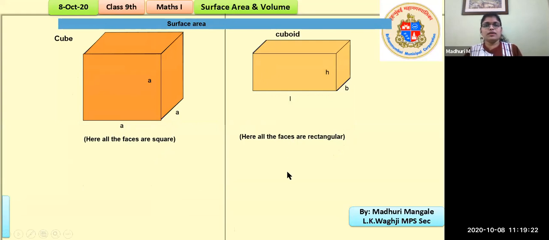And then we look at the difference between a cube and a cuboid. If you look at the cube, all the dimensions, by the word dimension, it means the measures of the length, breadth, and height. So for a cuboid, all 3 are of different measures, right? And for a cube, all 3 are same. Like here you can see the letter A is used to denote the sides of a cube. And for a cuboid, there is a length, breadth, and height, right, students? And then all the faces of a cube are square shape, and all the faces of a cuboid are rectangular shape.